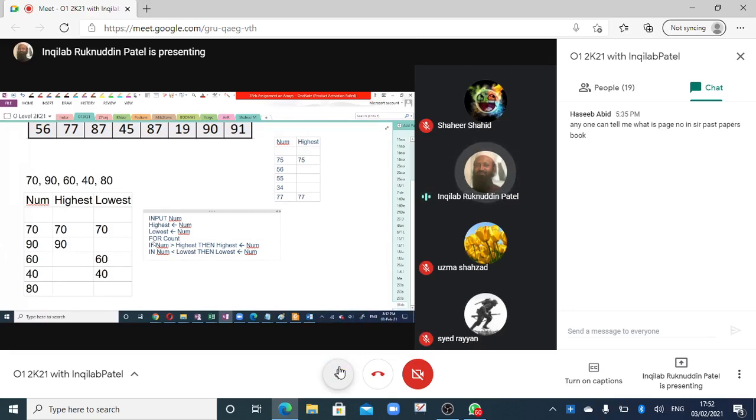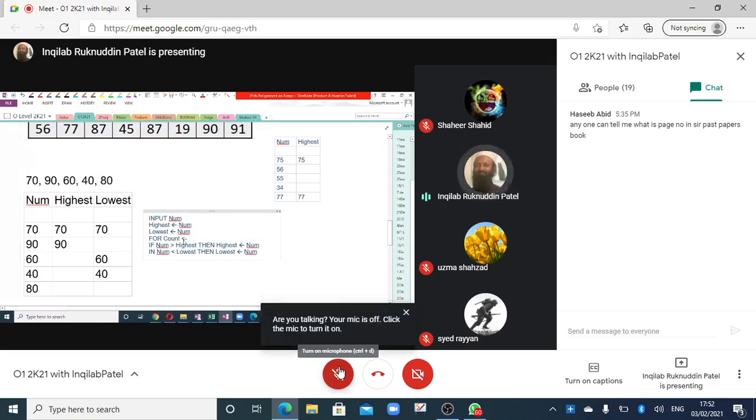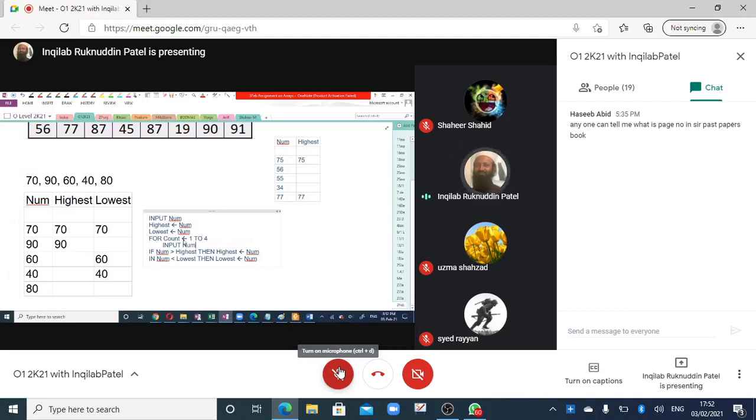Basically, once we have input the first number, the loop will be executed for 4 times. Input number, and if number is greater than highest, and if number is lesser than lowest.